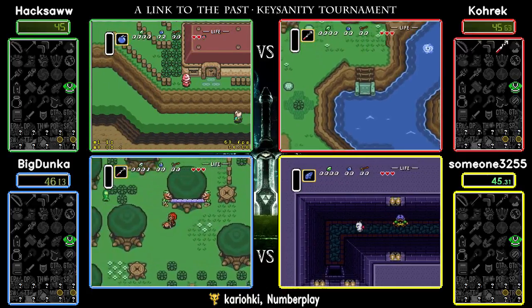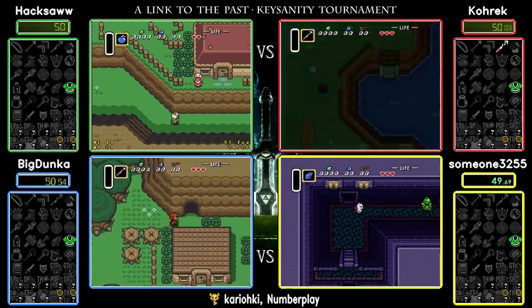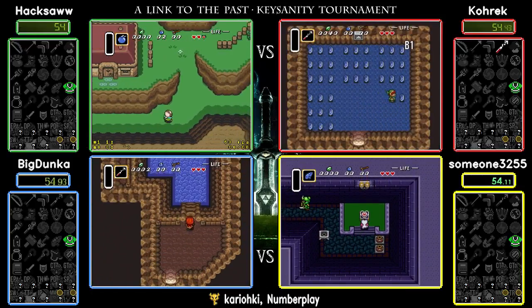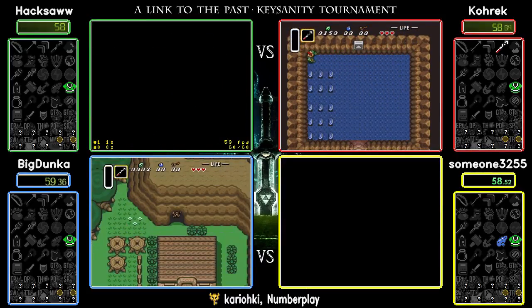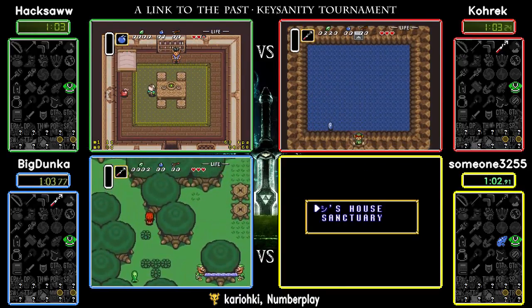I like this. Oh, and the uncle has the flute. That helps a lot with traveling around the world. Yeah, very early flute. You want that or boots. I mean, I personally like the flute better, but...